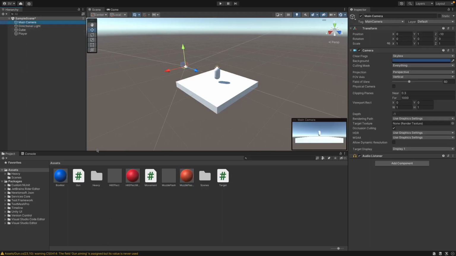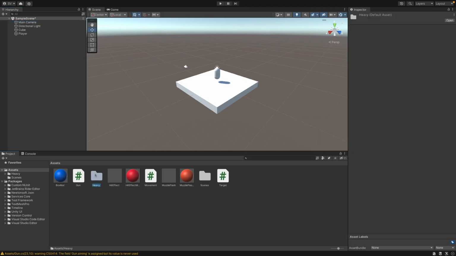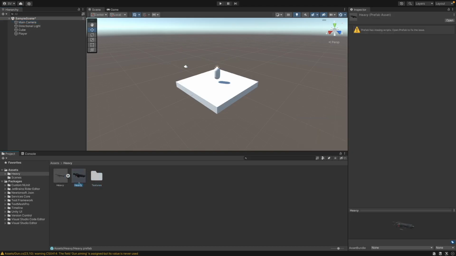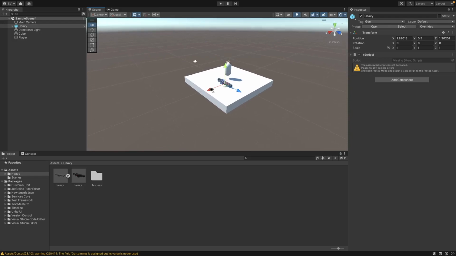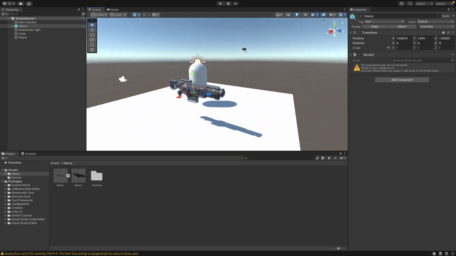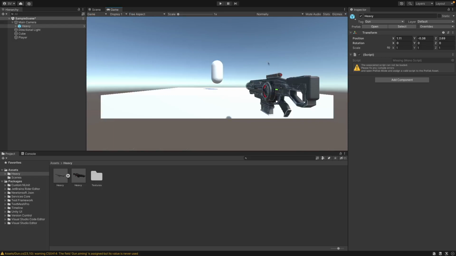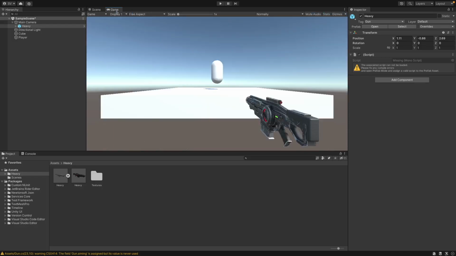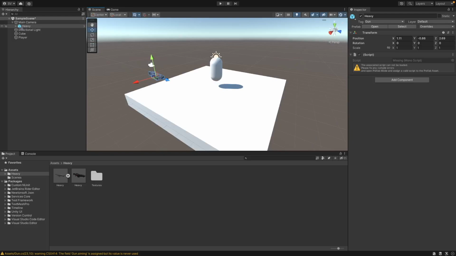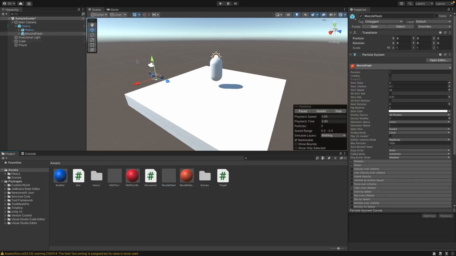So on our main camera, I'll open this up. I also have this gun. This is from the Brackeys dev store or whatever. I'll link it in the description as well, and I'll also have a project download. So you can put this in under the camera, reset the transform, and move it a bit forwards and down, as you can see, like this. Maybe a bit further down. Yeah, that looks good. Okay, so I'll put in the muzzle flash, just drag it on,